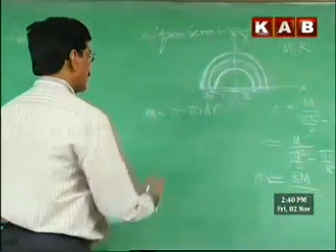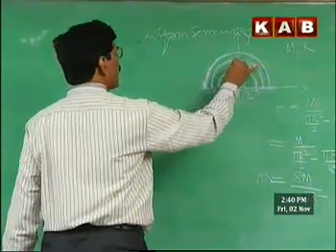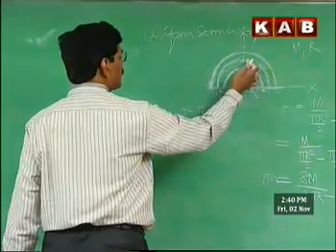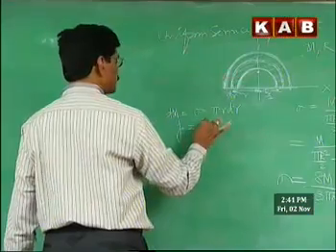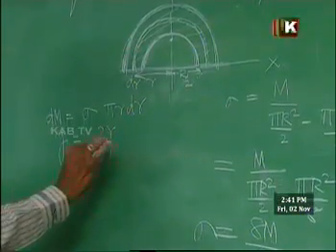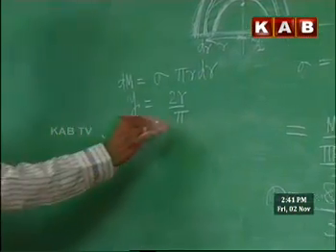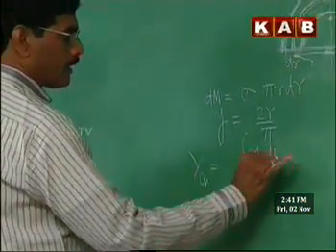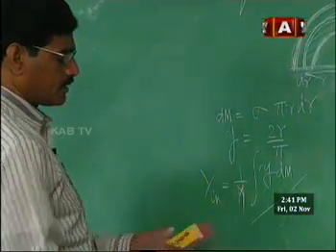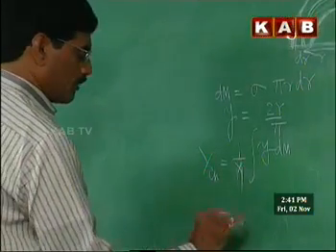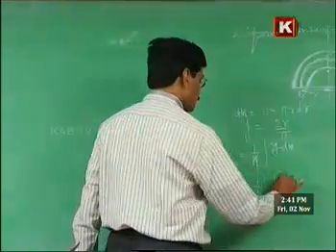Next, this elemental ring has its center of mass along the y-axis because it is symmetric about the y-axis, and the y-coordinate of its center of mass is 2r by pi. So as usual, ycm is equal to integral y dm divided by integral dm, or otherwise 1 by m integral of y dm. So here 1 by m integral, the y coordinate is 2r by pi